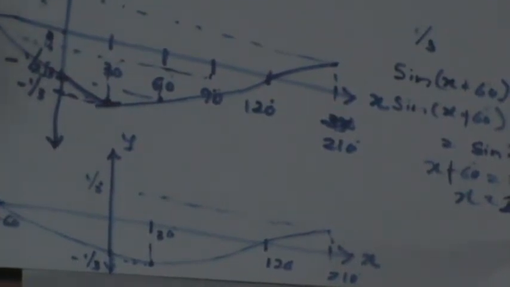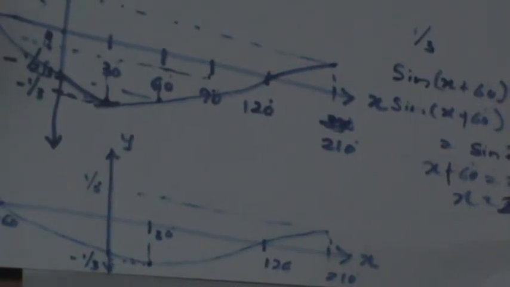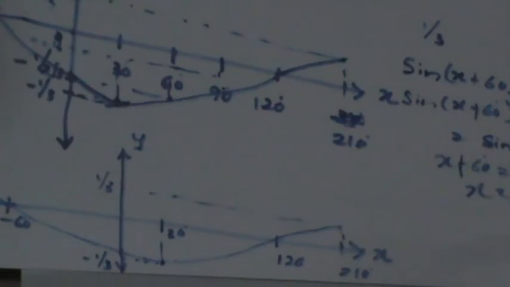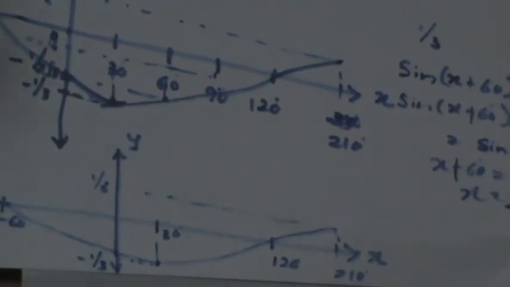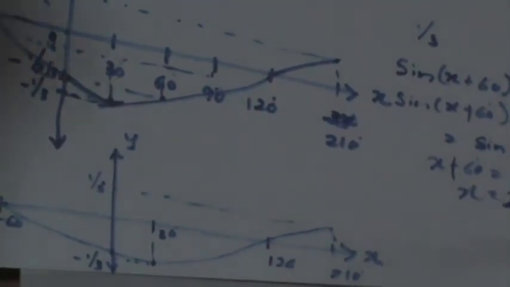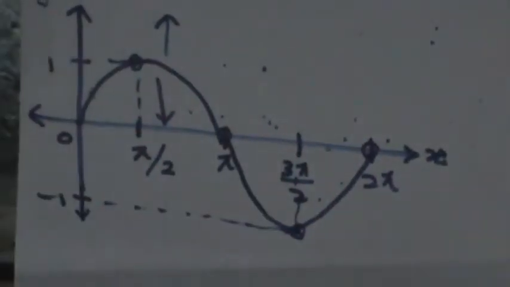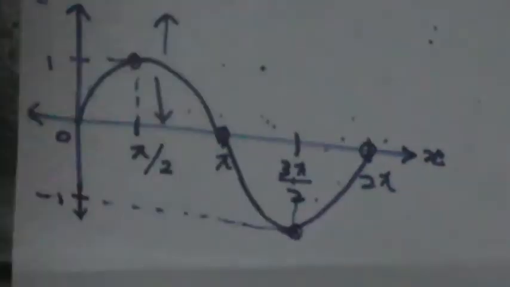So the final values are as follows. When x is equal to 30, y is equal to minus 1/3. When x is equal to 60, y is equal to minus 1 upon 2 root 3. And when x is equal to 120, y is 0. So the graph is simply like this. Alright? So in the second way, you can do the phase transformations and the amplitude transformations. So I draw the y equals sin x graph.